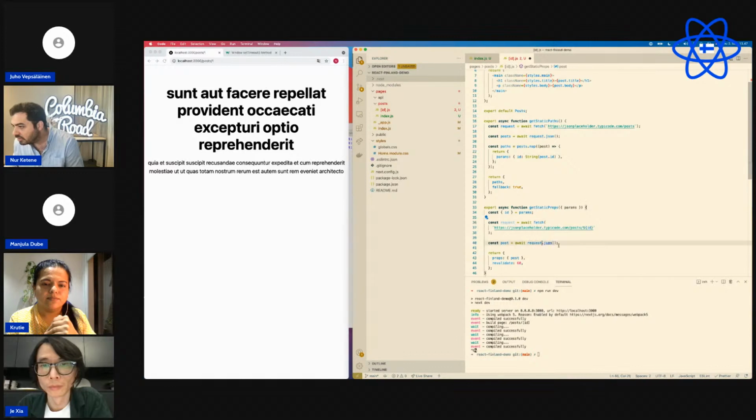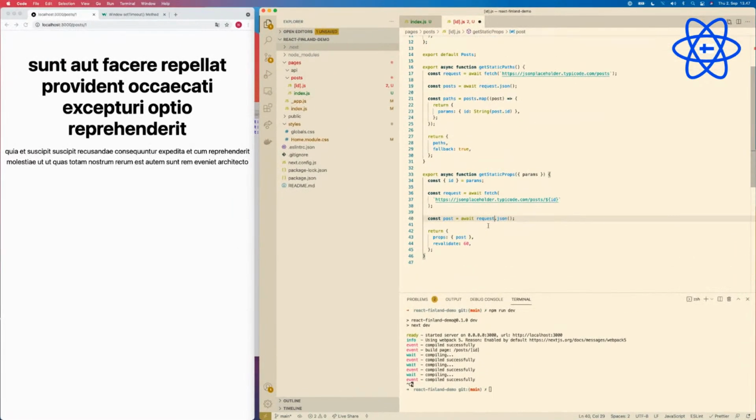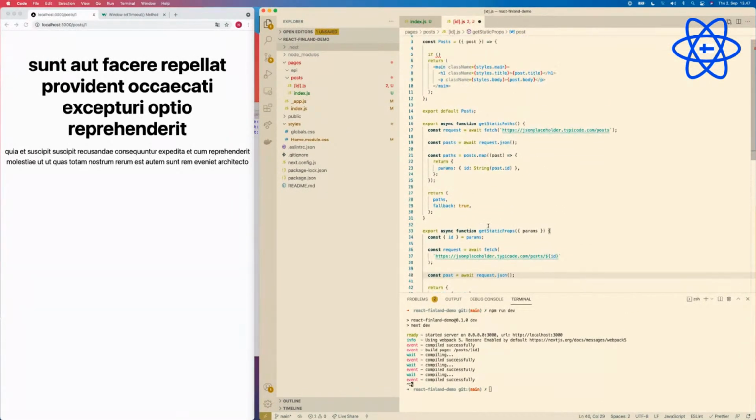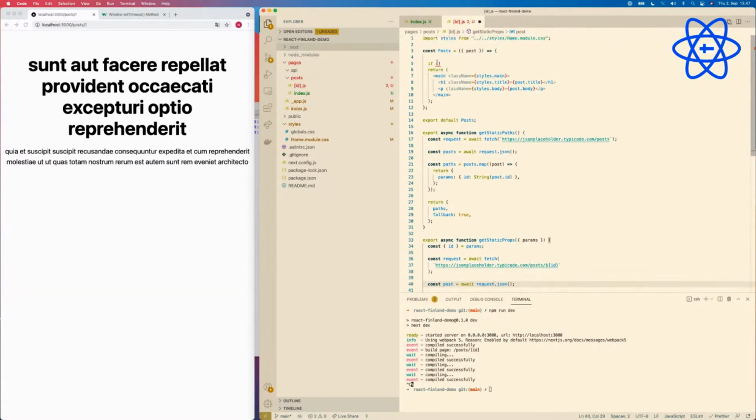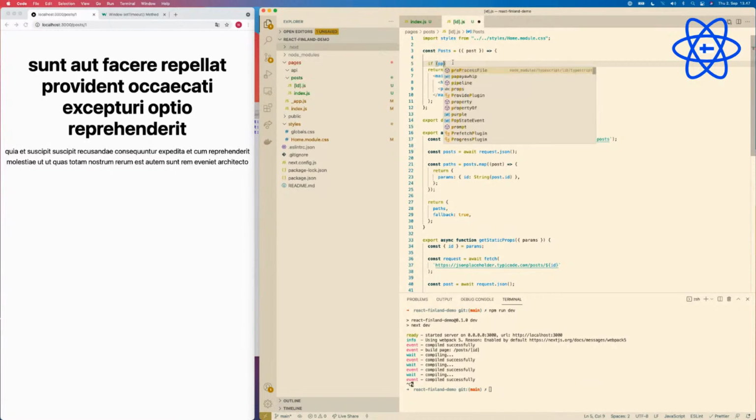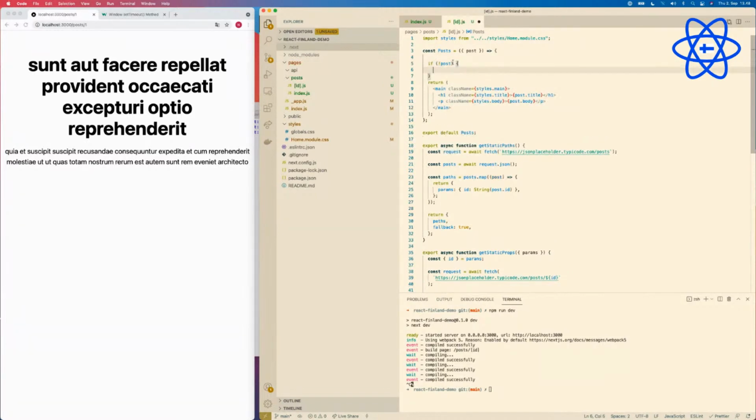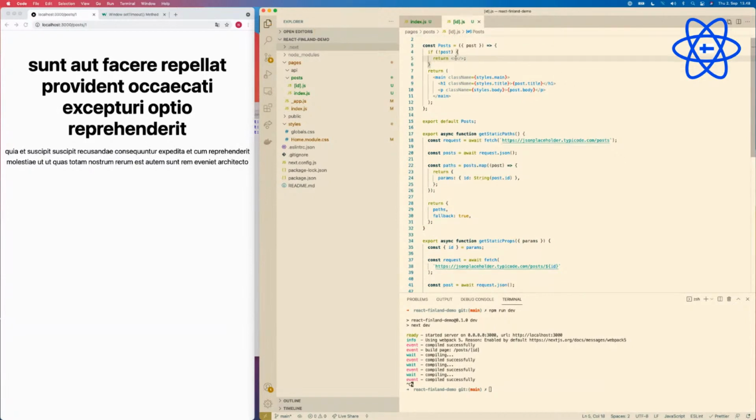Ah, nice, 40. Yeah. Okay. Yeah. Sometimes you don't see stuff. Yeah, that looks better. If there's no post for some reason, don't do anything. Return an empty fragment here. All right.